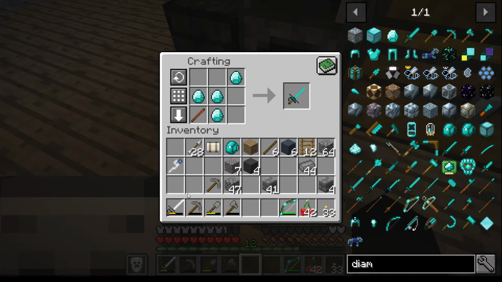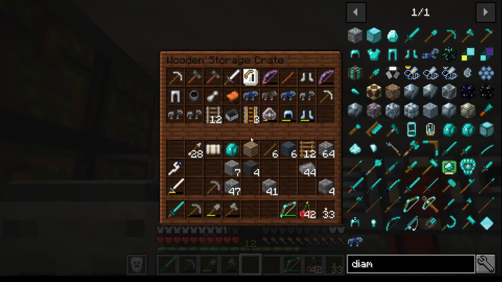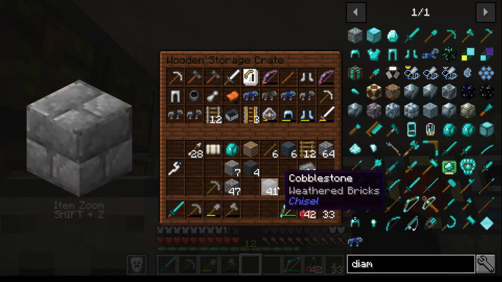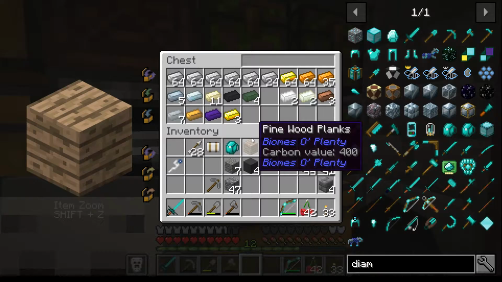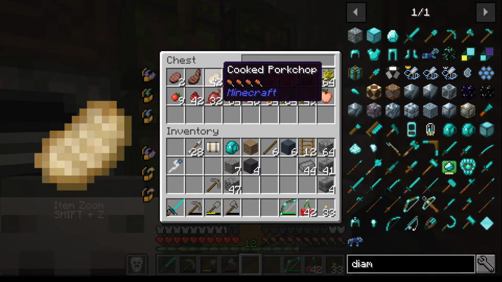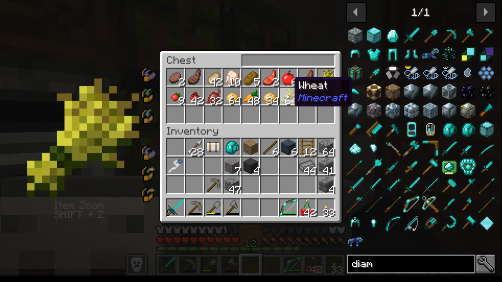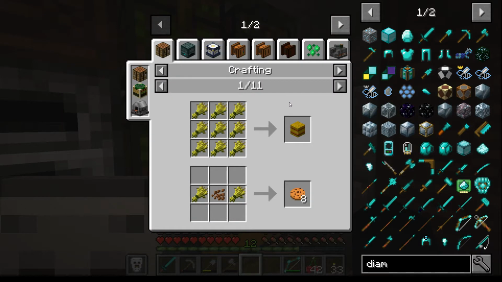Because that iron one has been actually pretty good, so let's do that. Okay, the only other thing I think we really need to do is take something a little bit more substantial with us. Now, we can use that to make bread in vanilla form, but I think, can we not make